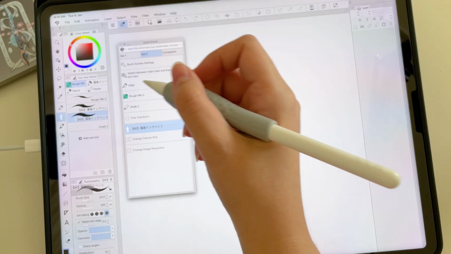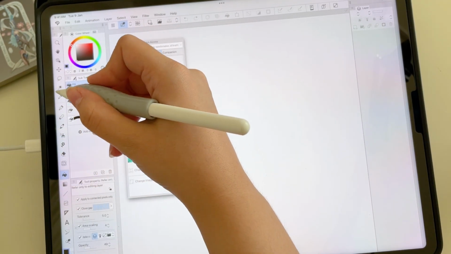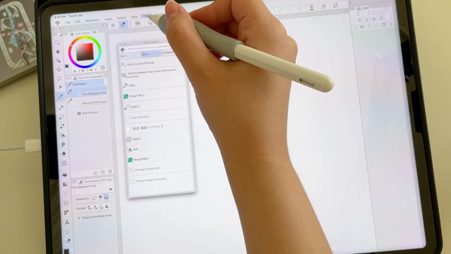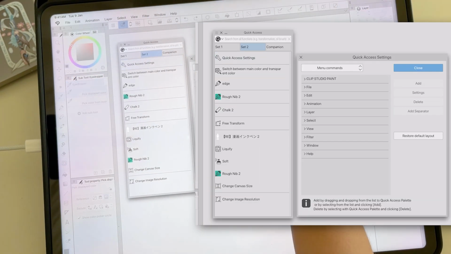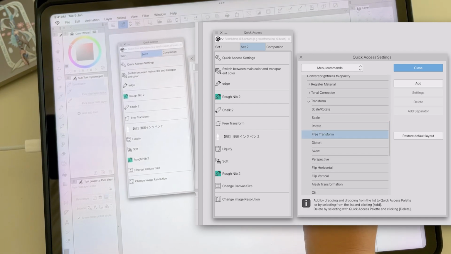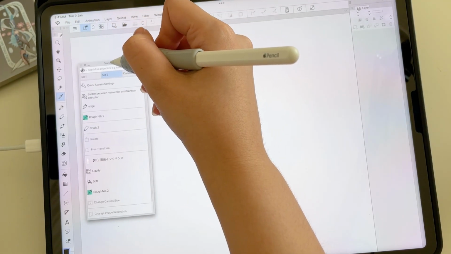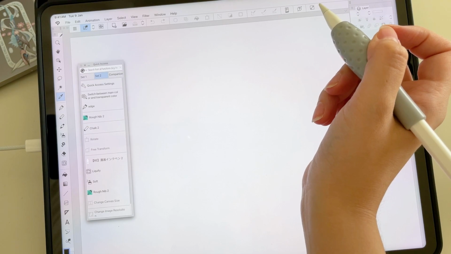Just the stuff that you use all the time, like maybe some brushes, maybe the liquify tools, or maybe all these other tools. Or if you want to add stuff from the menu bar, you just go to Quick Access settings right here, and all of these are the menu commands that you can go to Edit, Transform, Free Transform, and then hit Add, or just simply drag and drop. So you can take all of these panels out and then only have just this one right here to make your life a little bit easier.